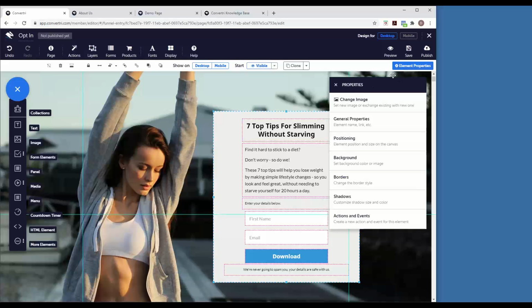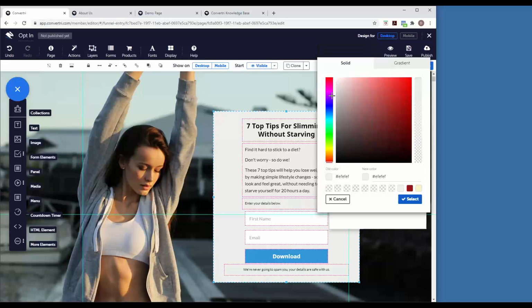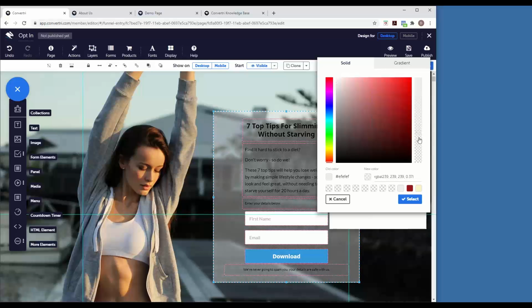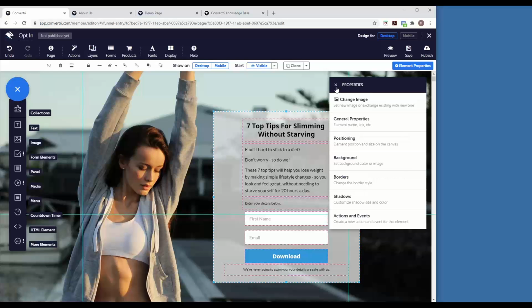So you come into your element properties, background, and then open the color picker. And instead of choosing a shade and a color, we're going to change the transparency on this right hand bar. As you can see, again with the color picker, you can see the changes live as they're taking effect, which is really useful for designing a page. So we'll go about 0.75 just to give it a little bit of opacity. You can slightly see through it, but it doesn't affect the readability of the page here. So we'll click select to save it, the back arrow to take us back to our main properties, and then